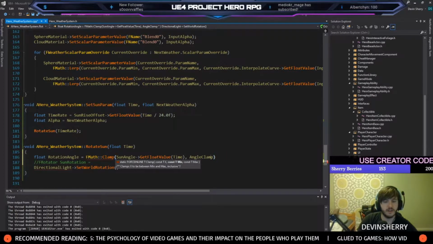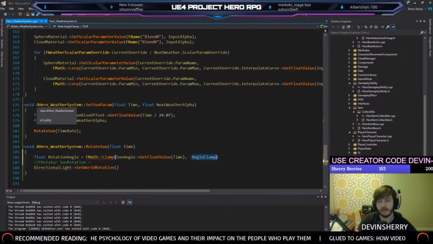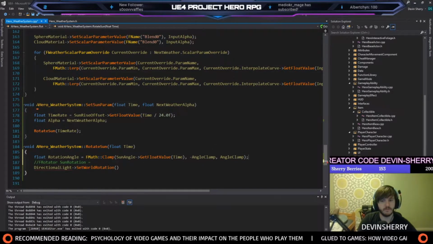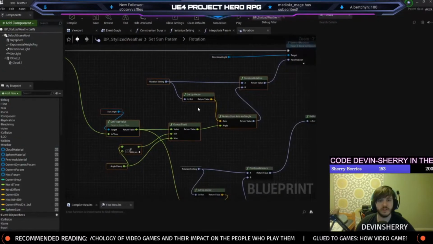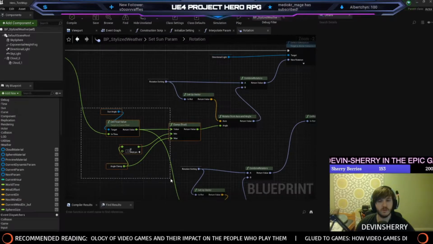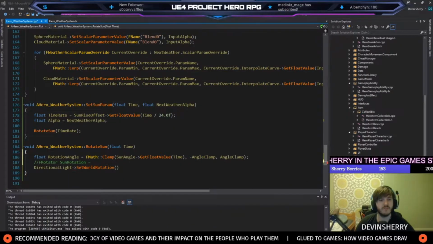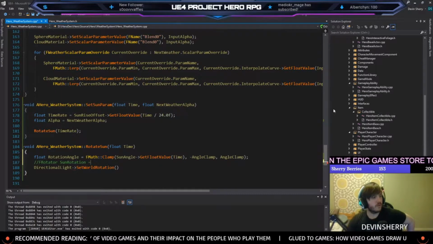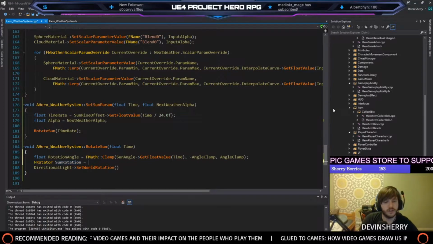Well, can I just say negative angle clamp like that? Maybe, I don't know. And then angle clamp is max. So basically, we essentially did this. But now we gotta use the UKismetMathLibrary. So now we can say FRotator sun rotation equals